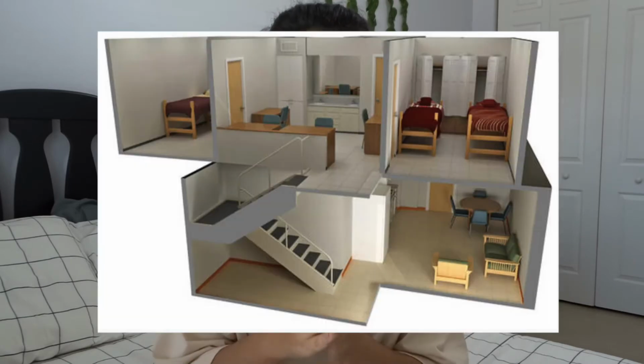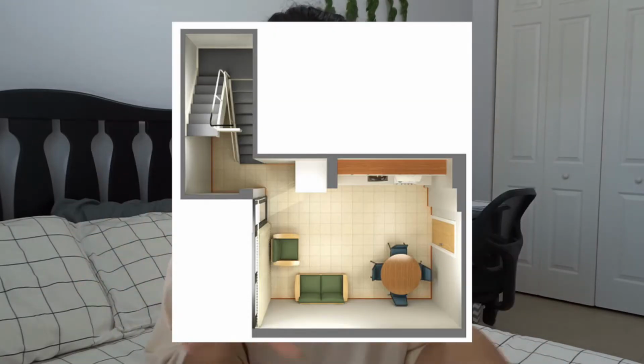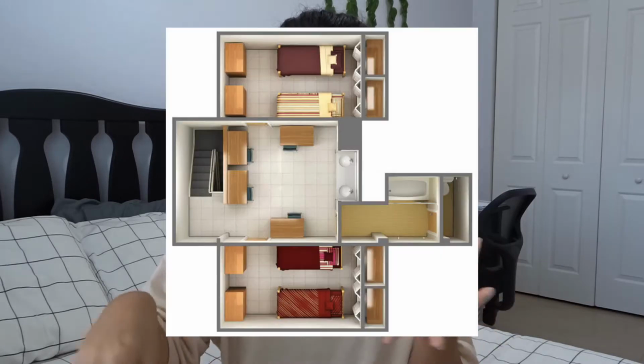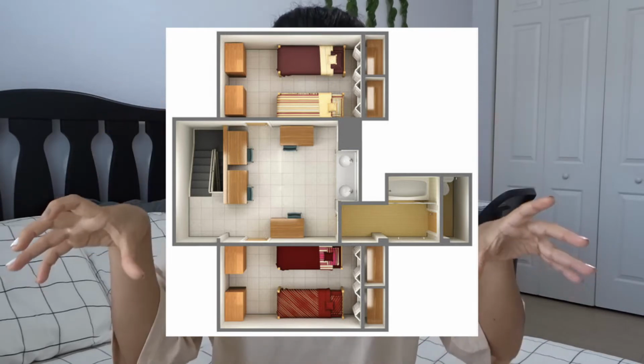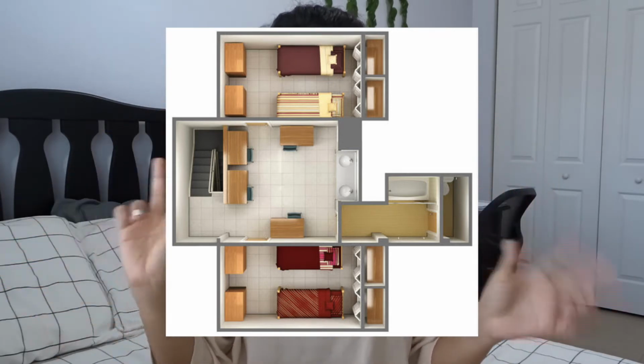McCollum has a townhouse kind of feel, and it's a 4-person. So basically how it works is it has 2 floors. The first floor has the kitchen, the dining area, the living room area kind of stuff. And then on the second floor, in the middle, it's gonna have kind of like a work desk area where there will be the desk, and then also the bathroom and the sinks. And then on the 2 sides, there will be 2 bedrooms, and there'll be 2 people in each bedroom. So although this is apartment style, you're still gonna be sharing a bedroom if you get McCollum,